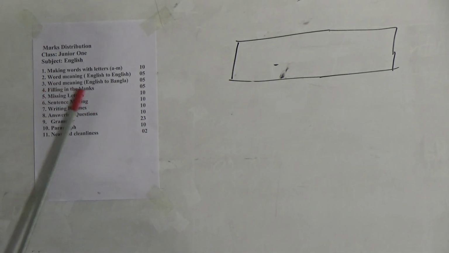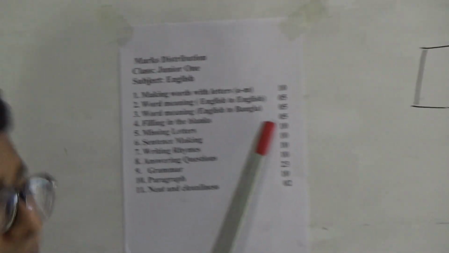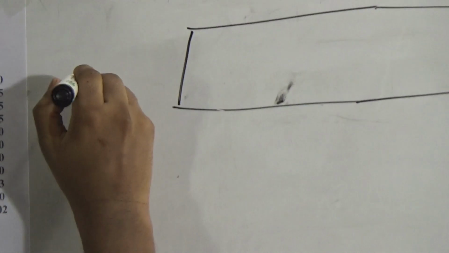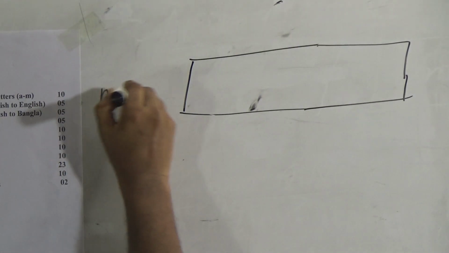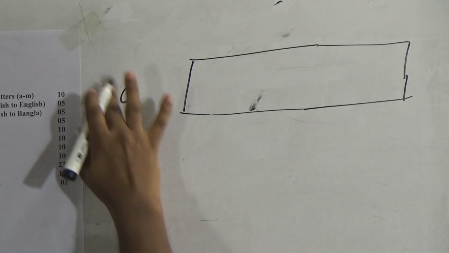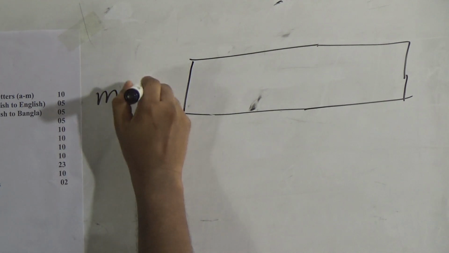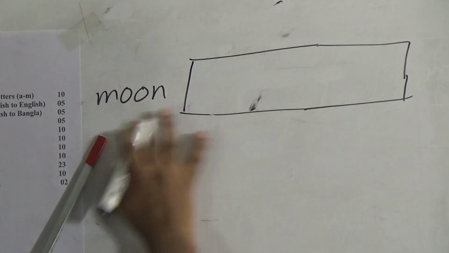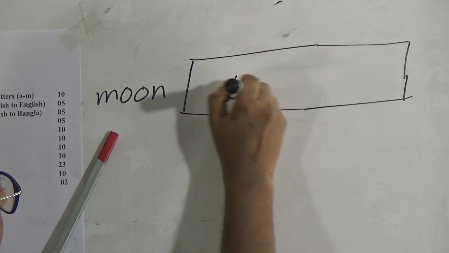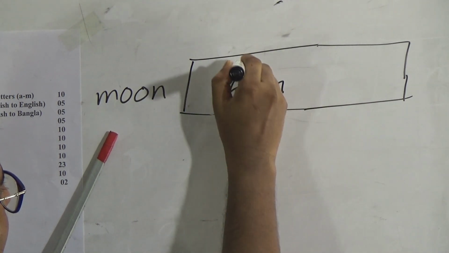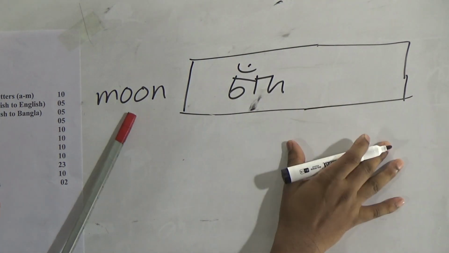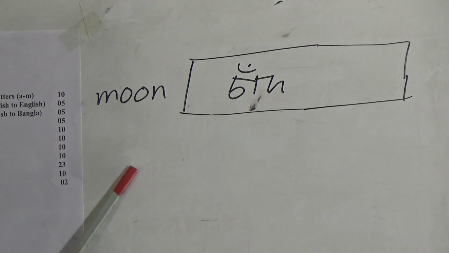Number 3, word meaning English to Bangla, 5 marks. How do you write the exam? So, in the exam, suppose the word will be given like this, moon, okay, and there is a box. You have to write the answer, the Bangla meaning of moon, like this, in the box. You have to write within the box, okay. Then